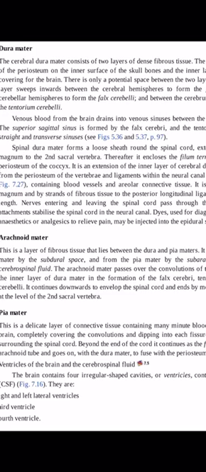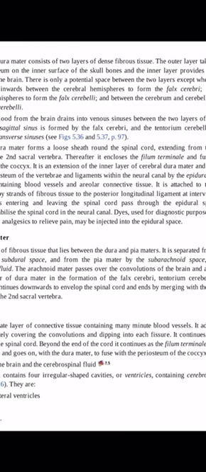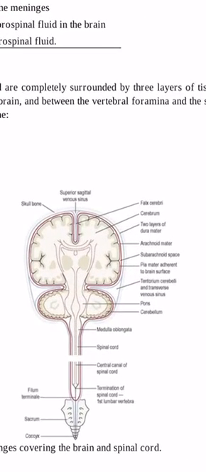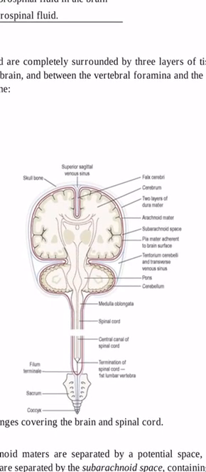Venous blood from the brain drains into the venous sinuses, which are present at these places where the inner layer of the dura mater extends and forms the falx cerebri, tentorium cerebelli and falx cerebelli. As you can see here in this figure, the superior sagittal sinus is present in the falx cerebri, and the transverse venous sinus is present on the lateral side of the tentorium cerebelli.